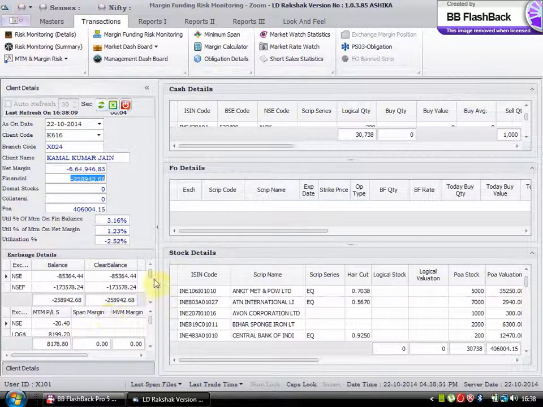Now, what is the position in a particular exchange, like the NSE futures or the NSE, and after that the exchange, the margin that has been deposited exchange-wise over here. So this is what it shows up, and you can get all the details that you wish for from here. Thank you.